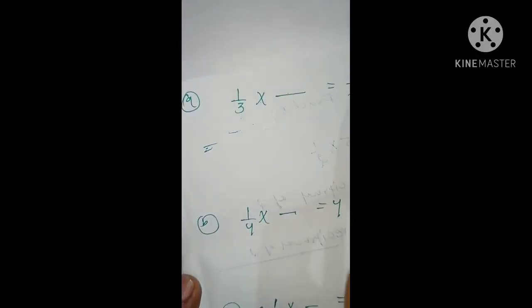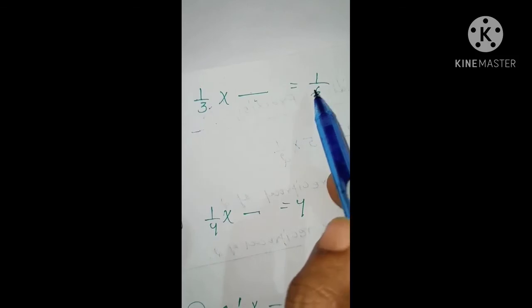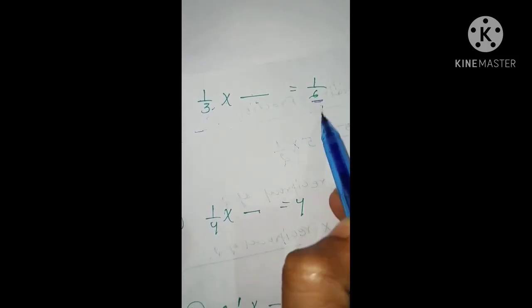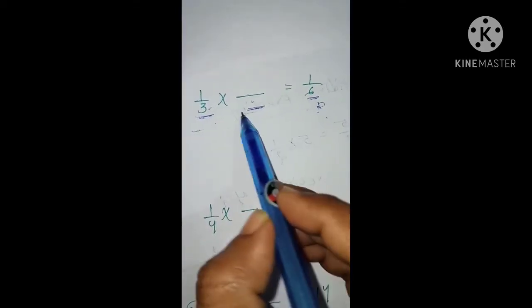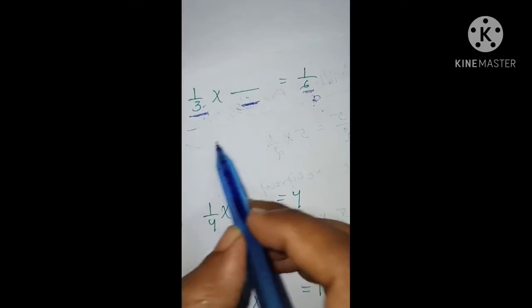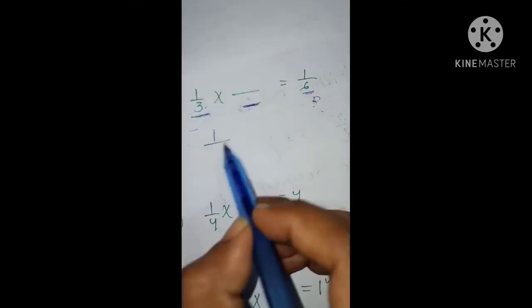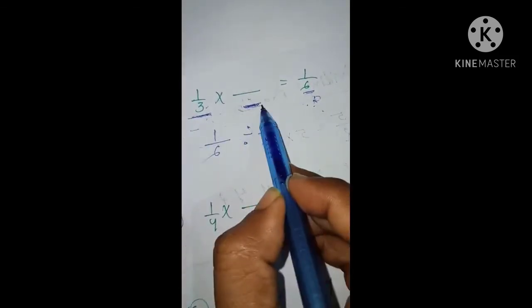This is the answer. For 12 number, you just remember something: 1/3 times a blank is equal to 1/6. So what you multiply to get 1/6? Here, since 1 is not there, you can't multiply by the reciprocal of this number. So in this type of question, you should do this: this is the right hand side and this is the left hand side. Whether the left hand side has this number or that number, you just remember one trick. You take the right hand side number, divided by the left hand side number, no problem.